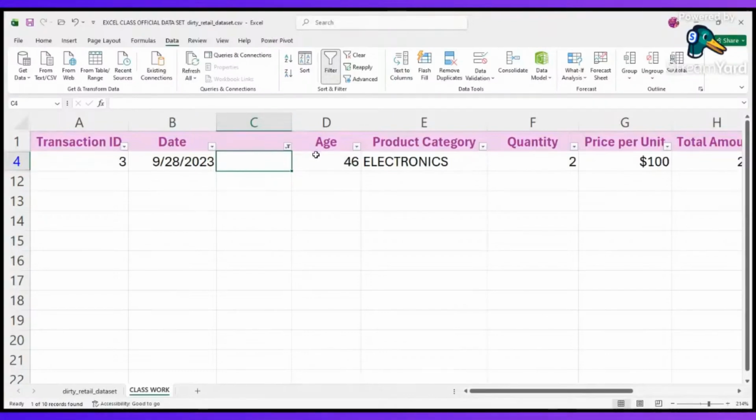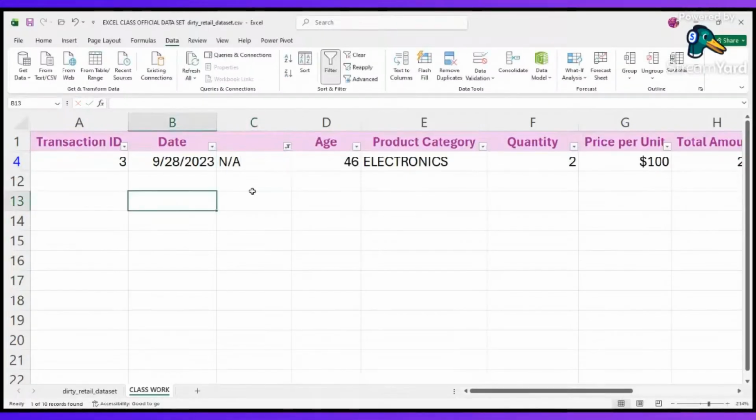Because we used our own hand to create this error, we already know that what was here was, I think, product category or dates. I don't even know what was in this row. But basically, you need to understand it. When you understand what the blank is,